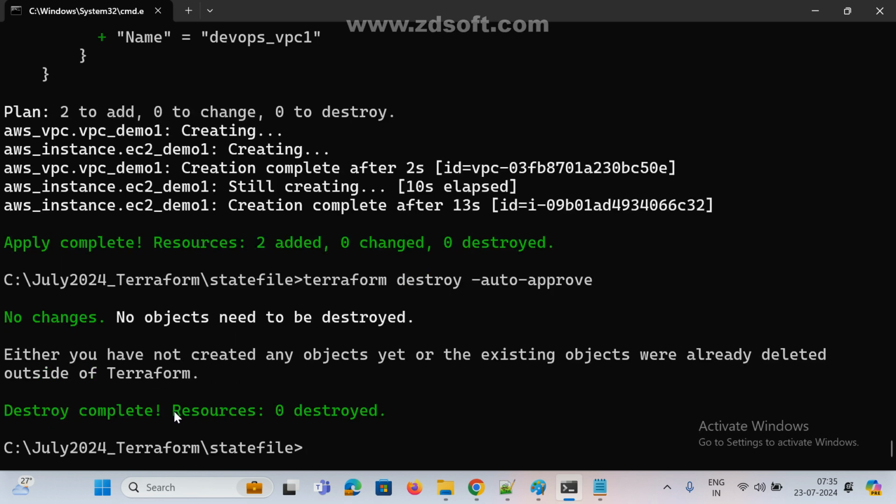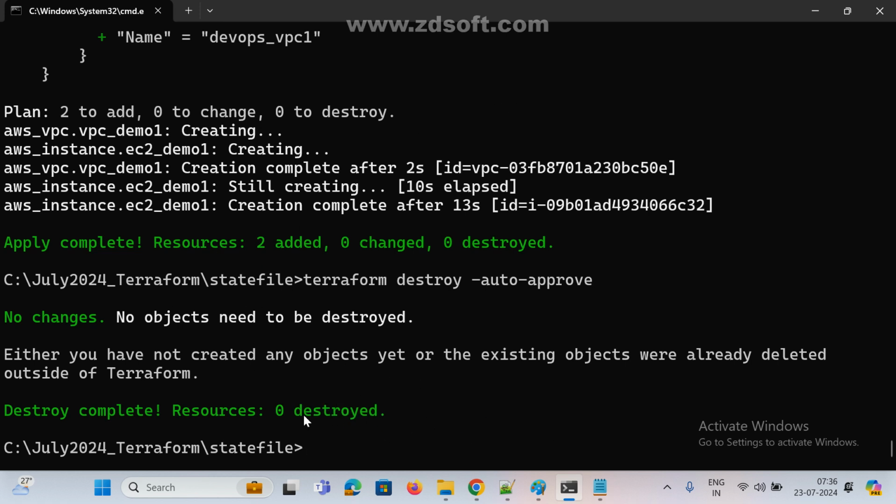See here. Every time it is comparing the state file only. If there is no state file at that time, it won't destroy anything. It doesn't know anything. Mostly it depends on the state file only, the information available in the state file. Based on that state file, it is checking whether we need to delete, whether we need to create, whether we need to modify anything, whatever it may be. I hope you got it, right? So now delete.